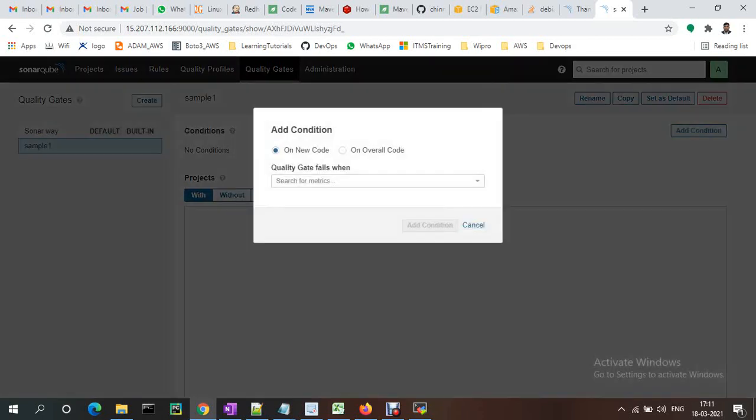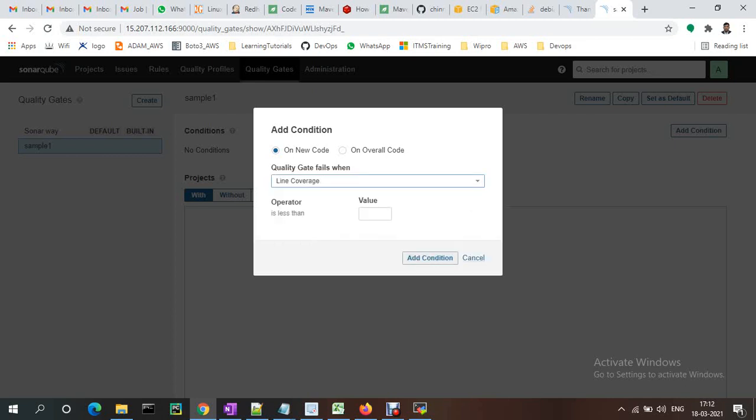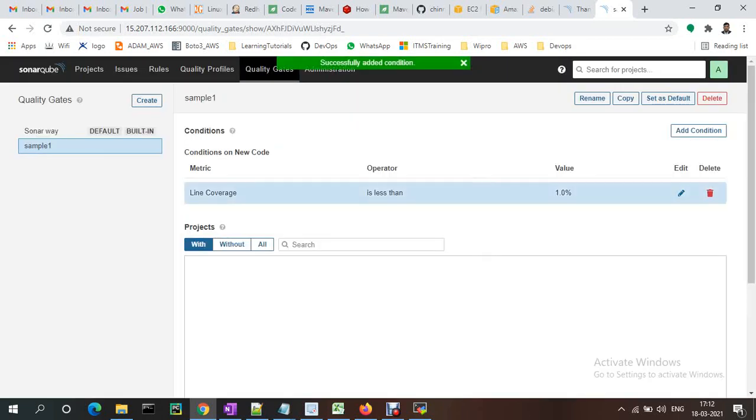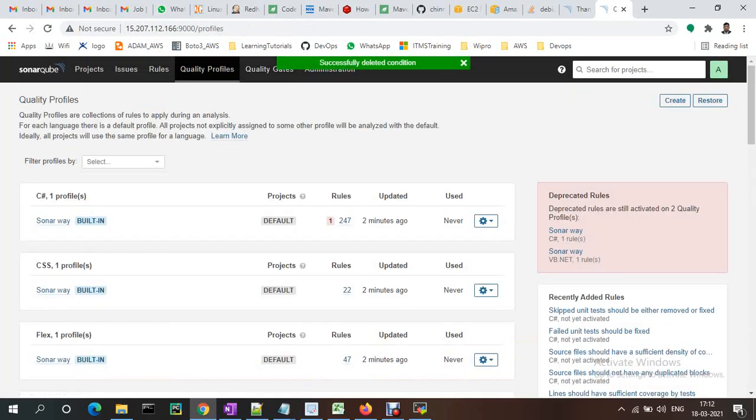Add the conditions, for example for new code, how much condition coverage and line coverage, and what values you want to add. Like this you can update it. I am just deleting this one. And quality gates we have added to quality profiles.